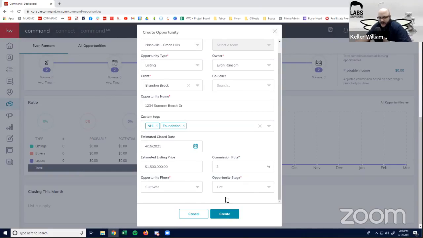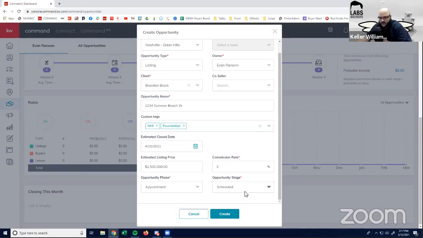And then we have cultivate, phase, and stage. Now, we talked about this earlier, and that's why I start with the pipeline, because when you're creating the opportunity, you have to pick where it goes. So it's important to be somewhat familiar with the pipeline as it is set up so that you know where to go once you've created the opportunity, right? So in this case, I'm going to put this one in appointment,